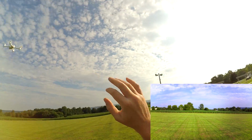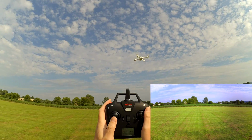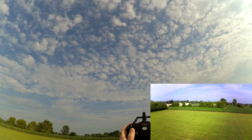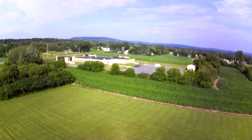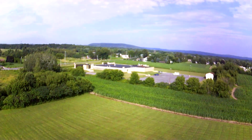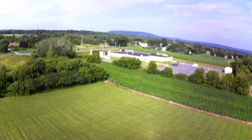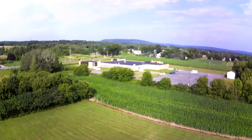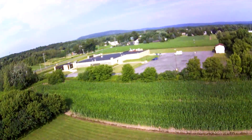So we're getting a little bobbing here. We got a little bit of a breeze coming this way, nothing major. And let's do a little punch out here while we got full battery. So not amazing punch out on these brushless motors, but it's not really an FPV racer or anything like that. So you wouldn't expect it to have amazing punch out. But the motors are very powerful. I can't remember the exact KV on them. I don't really get too caught up in KV specs and all that other stuff. I get confused by letters and numbers easily,